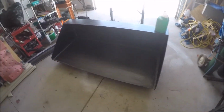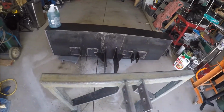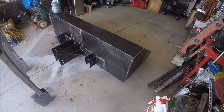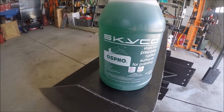All right, I'm going to get it together. I've got almost everything burned in. I found a couple spots that I missed, but we're going to get those burned in later. I think it'll be okay. We're going to go do a test run, but I wanted to comment on this application that I did, this phosphoric acid. This is OSPHO brand,